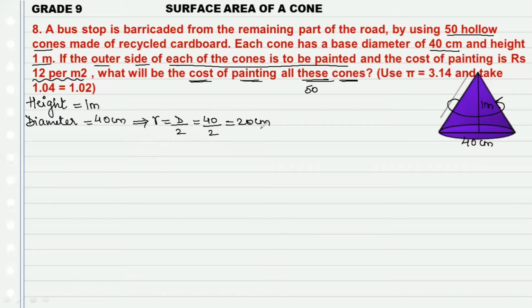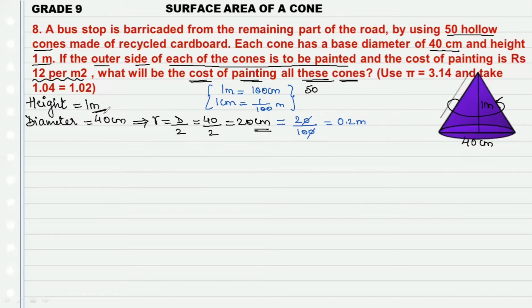But now here our radius is in centimeter whereas the height is in meter. So students, you just have to change the units of either of them to make them equal units. As we have already learned, 1 meter is equal to 100 centimeter. So 1 centimeter will be 1 by 100 meter. You can use either of it. Here I am converting centimeters into meters. So 20 centimeter will be 20 by 100, that will give you 0.2 meters. So we have the radius as 0.2 meters and height is 1 meter.